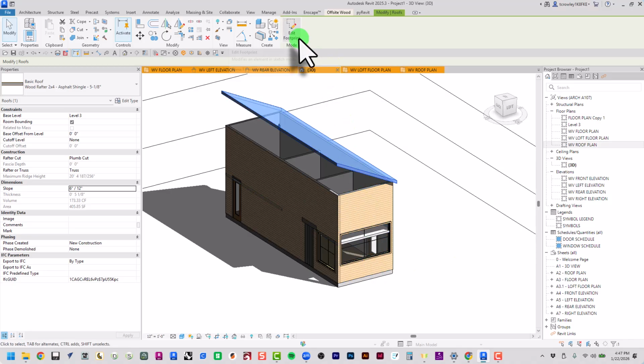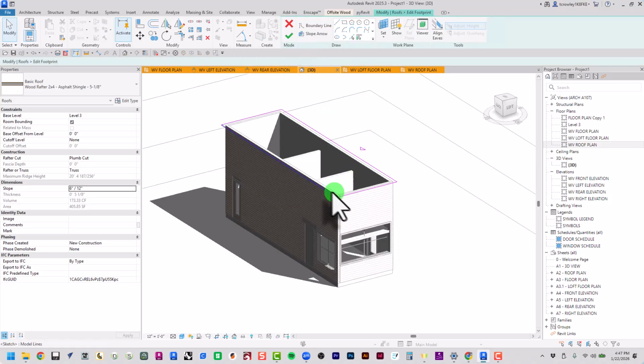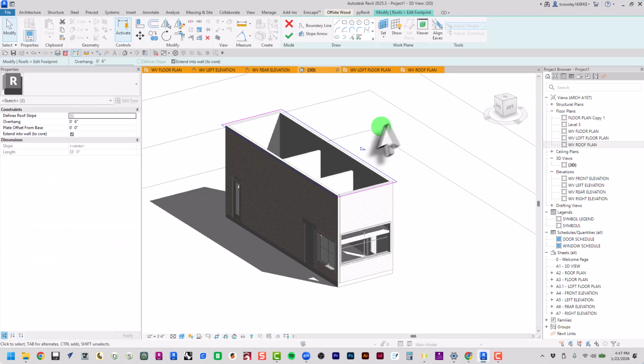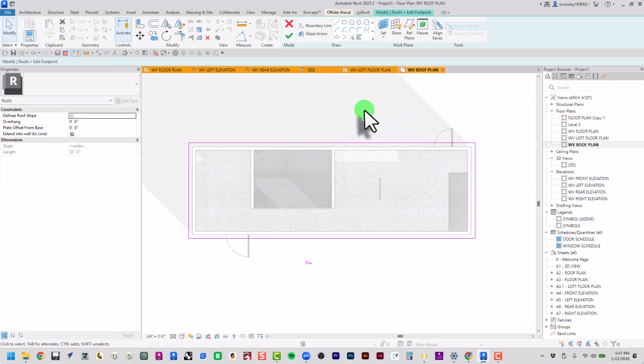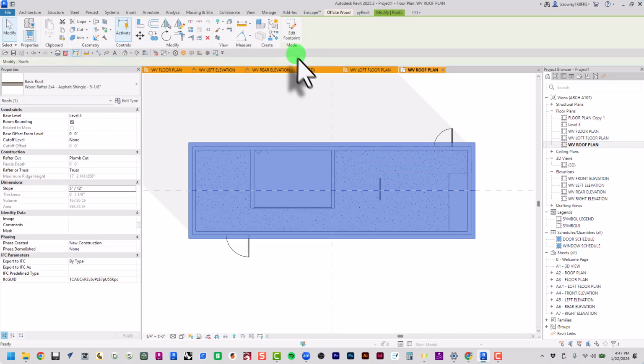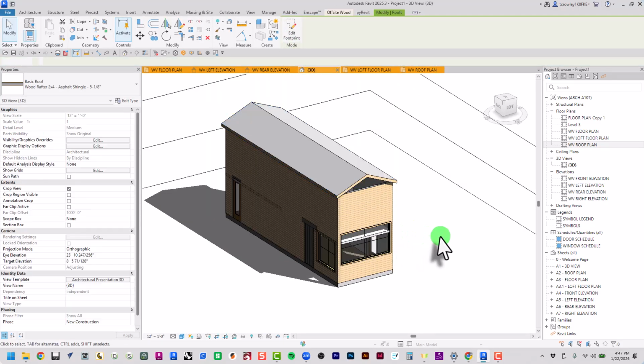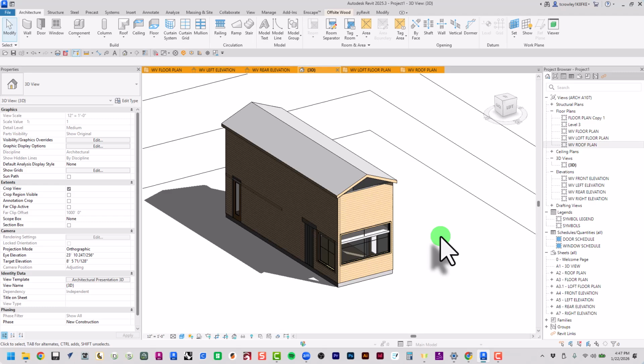So what if we wanted a gable roof, a very traditional roof style? What I would do is select both of these lines. Let's look at it in roof plan. Let's select both of these lines. We'll say that they both define the slope and that they're both 5/12 roof slopes. Check. 3D. Now we have a very typical symmetrical